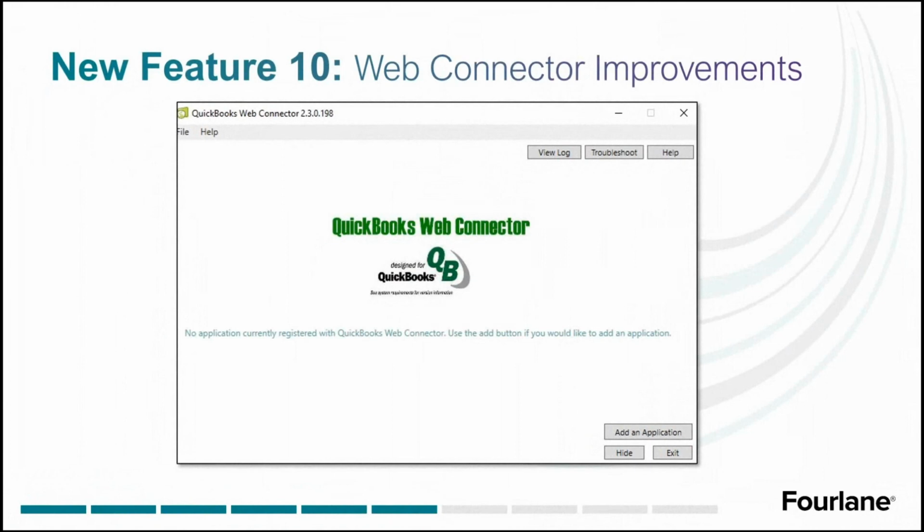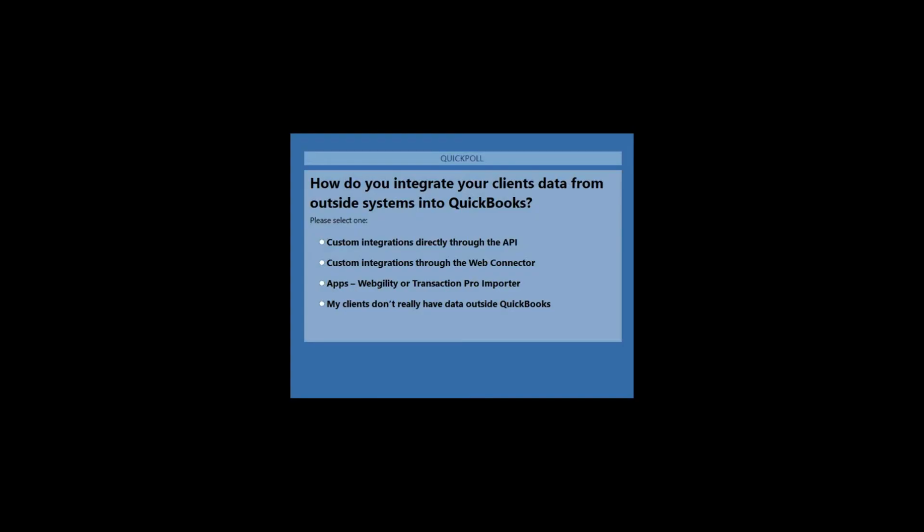We do a lot of integrations with QuickBooks here at 4Lane. We do a lot of custom integrations. So that is something that we are very excited to see the output of. I don't have the documentation yet, but supposedly we're going to be getting documentation shortly. So let me go ahead and launch a poll around custom, because this is a fascinating topic to me too in talking about automation. So everybody has these outside systems. Me personally, I find that a lot of people have, more often than in the last 10 years, homegrown systems. They're making their own software nowadays. People, I feel like, are going back to the days of making their own homegrown software.